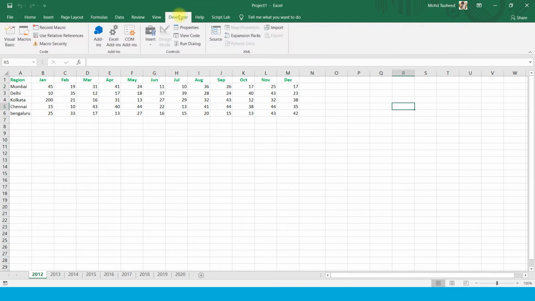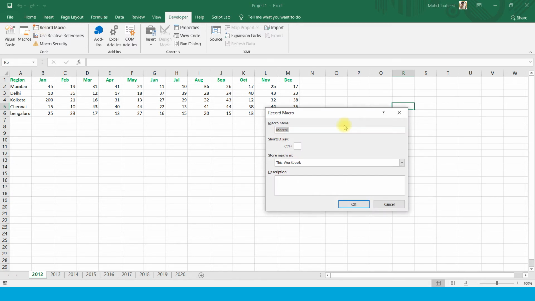Record macro. Here you can give your macro name without any space. Here you can assign a shortcut key to run your macro.